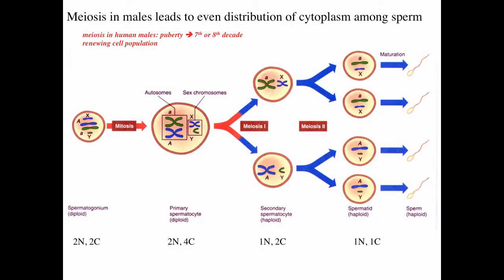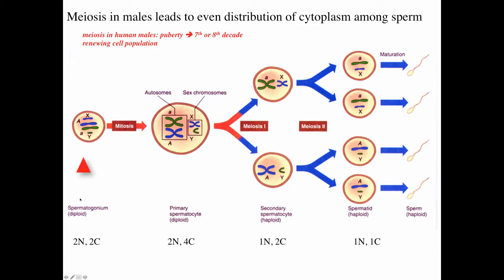Meiosis in males leads to an even distribution of cytoplasm among sperm. Meiosis in human males begins at puberty, and it can actually continue through the 7th or 8th decade of life, and meiosis in human males reflects a renewing cell population. We'll talk about this in a little more detail as we talk about the male and female reproductive systems, but